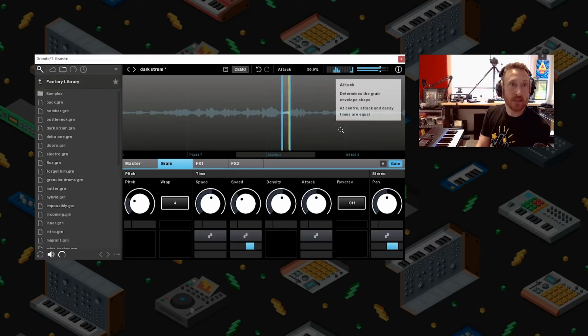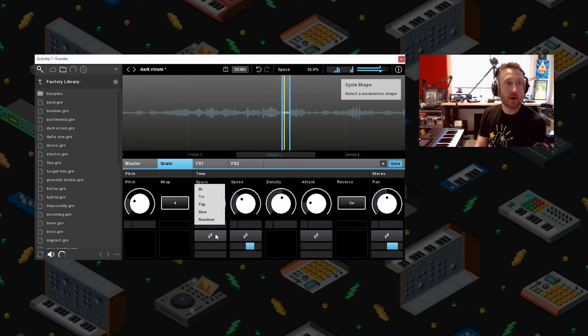As you can see at center, the attack and decay times are equal. This is gonna be probably less decay, there's probably gonna be more attack. And then you can choose reverse, which I really, really like to have as a feature on these kinds of things. So now our grains are reversed. Very pretty, right? There are LFOs here. You can have it auto LFO with this, and you can pick different shapes.